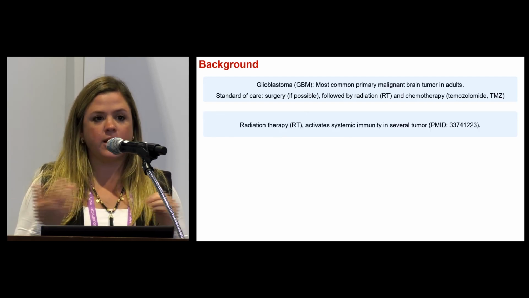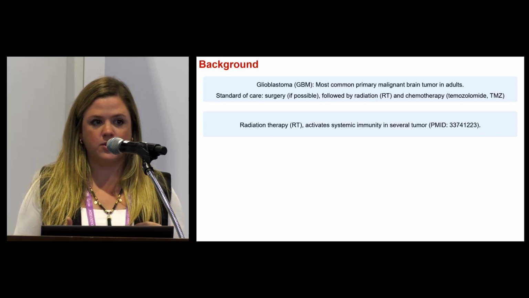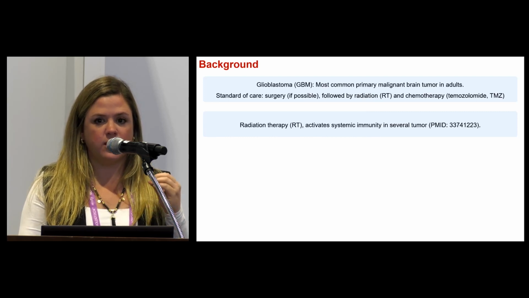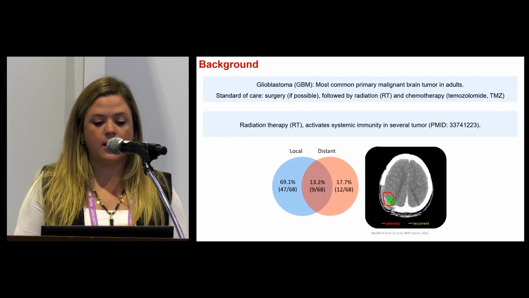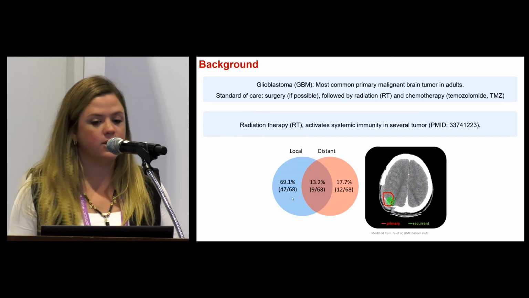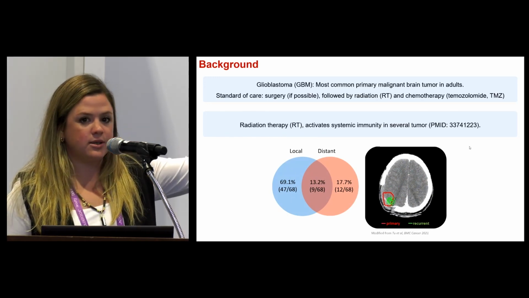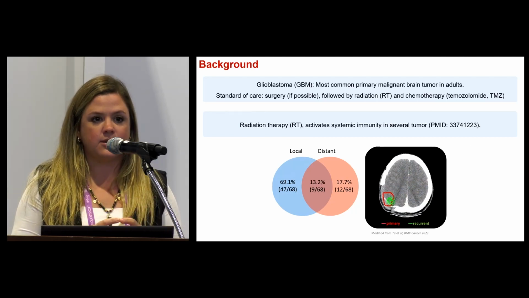And we know from other tumor types that radiation can induce a systemic anti-tumor immunity. But the main problem with glioblastoma, and we think that radiation is not inducing anti-tumor immunity here, is that you see here more than 80% of the recurrences occur within the irradiated field, suggesting that radiation in these tumors is somehow promoting